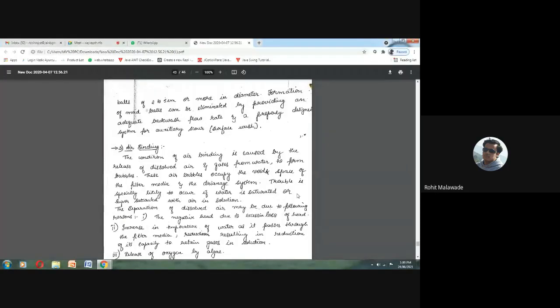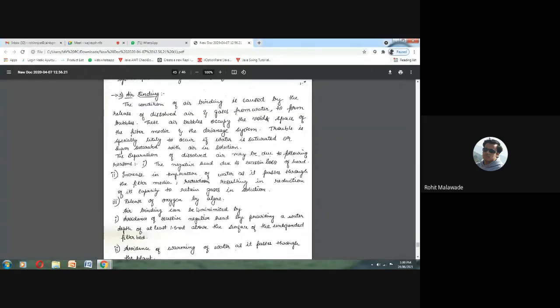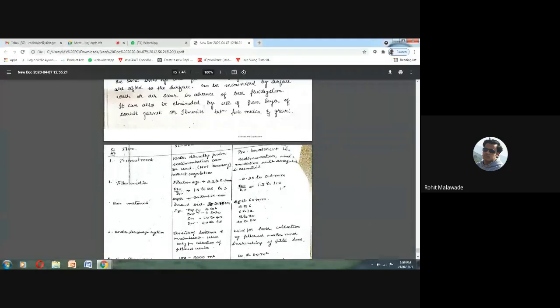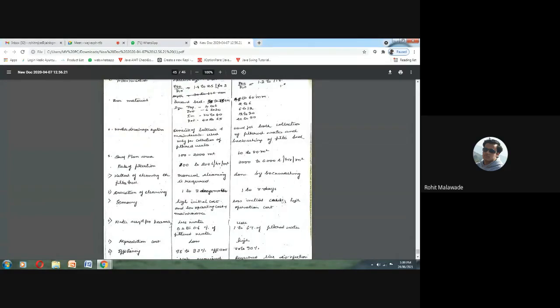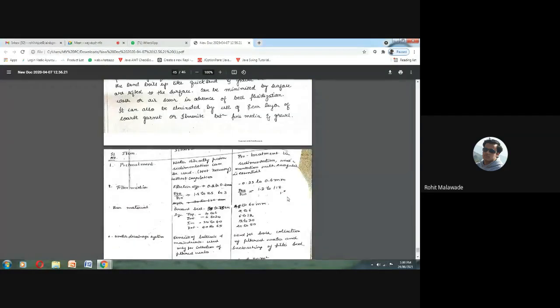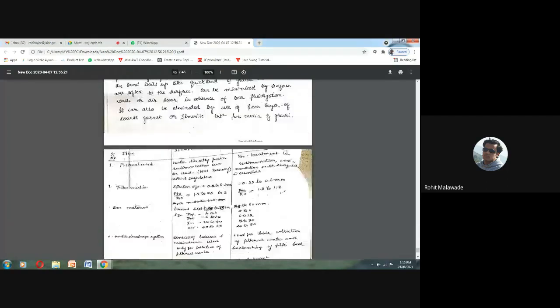If we finish this, then we are going to see the different working problems that we get from the slow sand filter and the rapid sand filter. The rate of filtration can have this much of a difference: 100 to 200 liters per hour per square meter for the slow sand filter, and 3,000 to 6,000 liters for the rapid sand filter. All this we are going to discuss in detail in our next class.